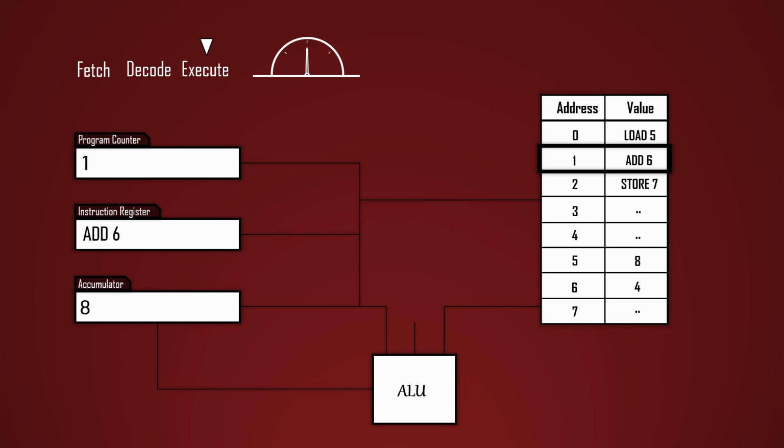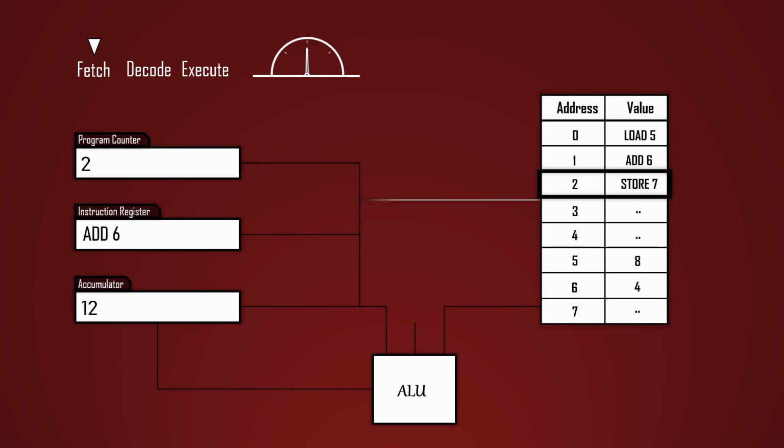The processor feeds the data from the accumulator to the ALU and also the data at location 6 from the RAM. It feeds in the add operator and the result is loaded back to the accumulator, marking the end of the second instruction cycle. The clock ticks, the fetch phase begins, the program counter is incremented to 2, and the instruction is fetched from